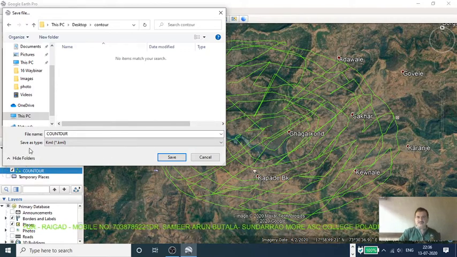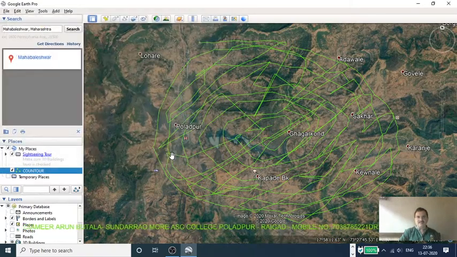In Google Earth the save type is KML. So we must know these extensions. I save the file, and my file is saved.